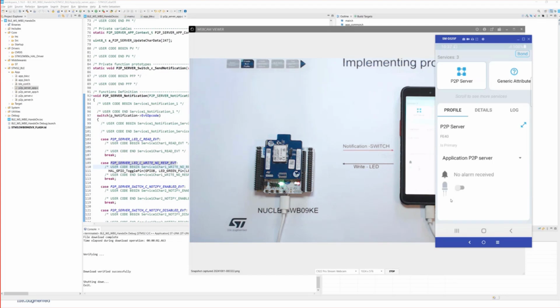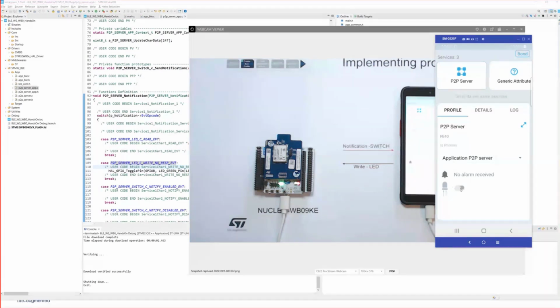Why? Simply because the ST BLE Toolbox implements the peer-to-peer server. So the BLE Toolbox recognizes the specific ID for the service, the specific ID for the LEDs, and the specific ID for the button. That means that it can display some nice buttons.